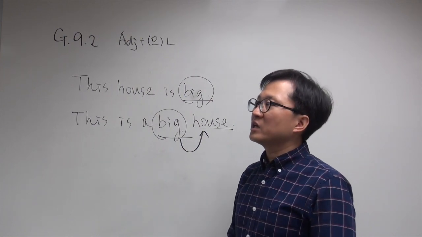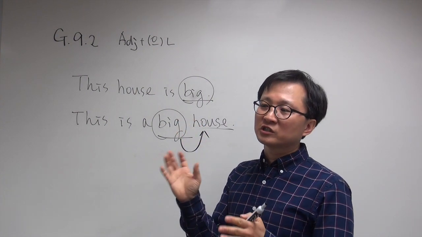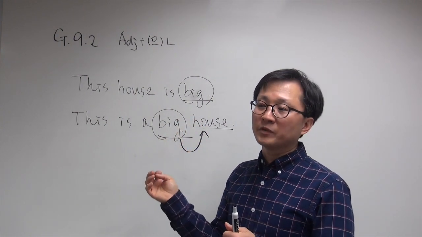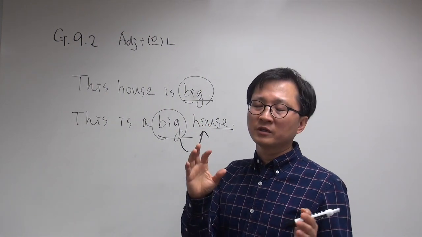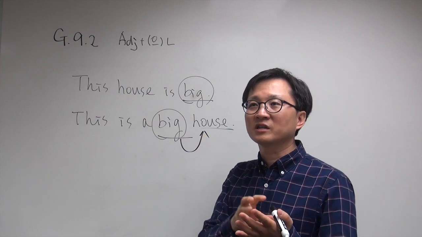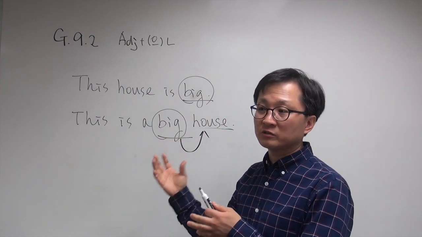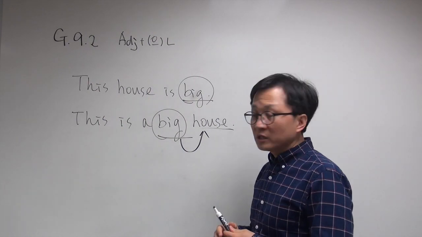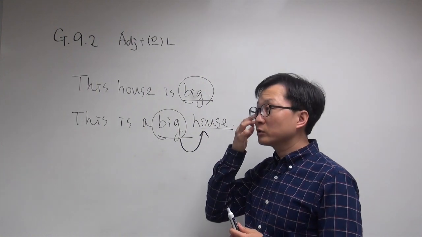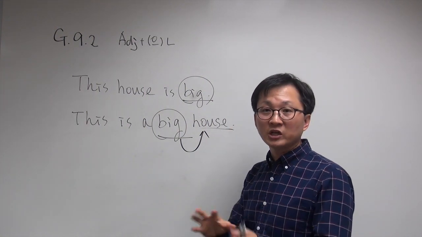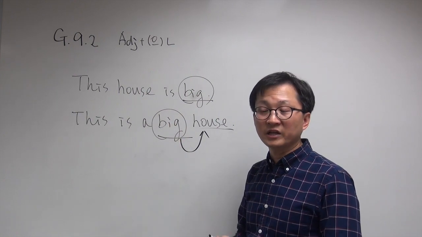So English verbs change their forms depending on tense and the number of the subject, like if the subject is singular or plural. So anyway, verbs change their form, but adjectives don't change their forms, right? But actually in Korean, verbs and adjectives both change their form depending on tense.